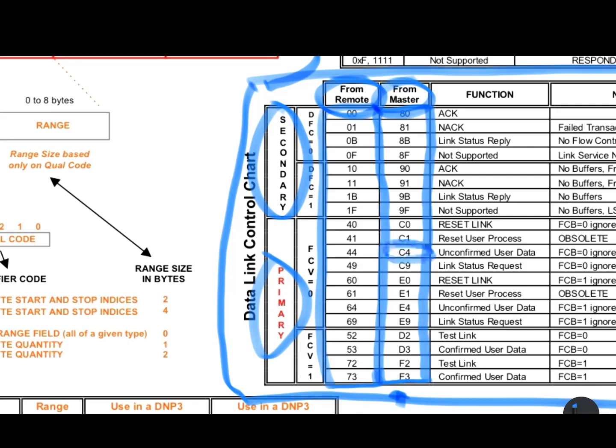If I look at confirmed user data down here, notice how that's also from the master, a D3, and it's a primary message. Corresponding from the remote would be 44 and 53. So you see that one of them is a primary message for unconfirmed user data from the master, and the other one's from the remote. And what was the difference? Well, the most significant bit, the direction bit, was a 1 for every one that was in the from master